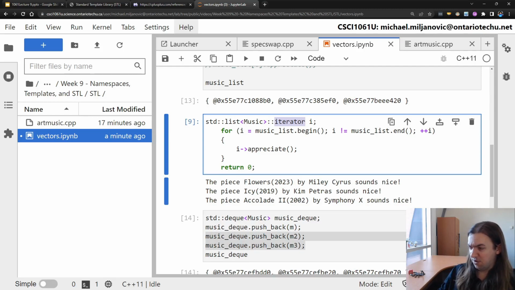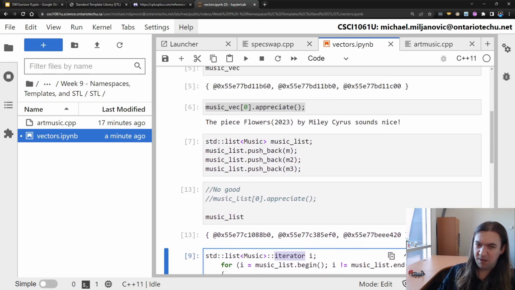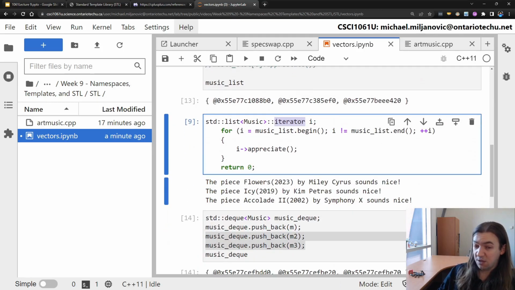With a vector, it seems pretty simple. You could even use a pointer probably to do it because everything is in order. With a list, this doesn't work, because if you see here, these addresses are all over the place. How do you know how far apart these are? It's kind of random. So we need an iterator to actually help us go from the start of our list,